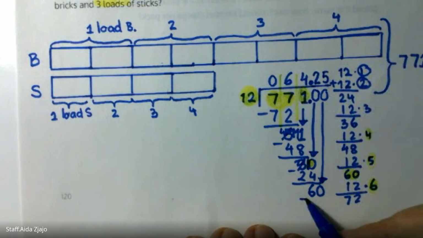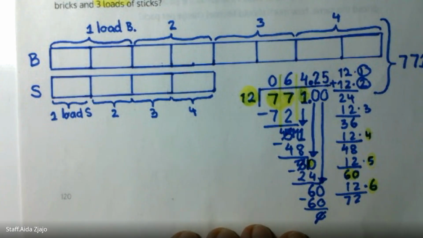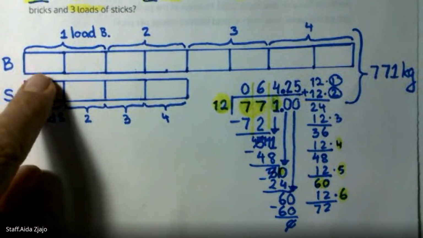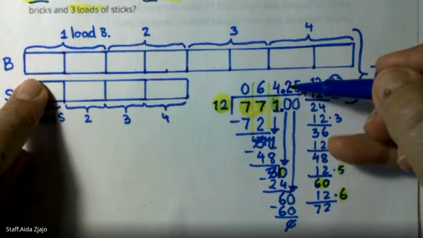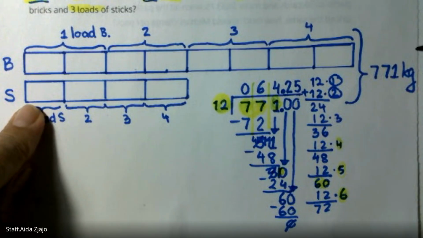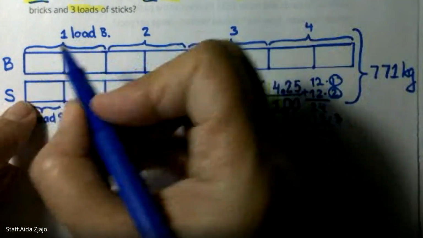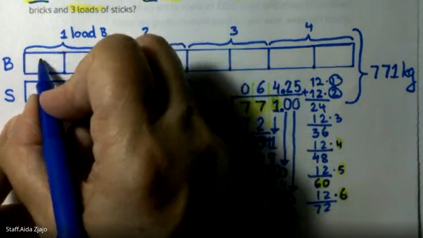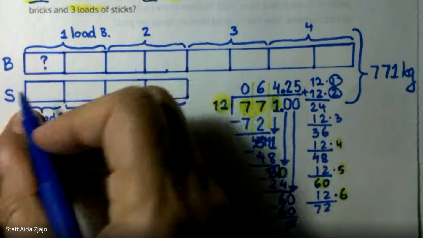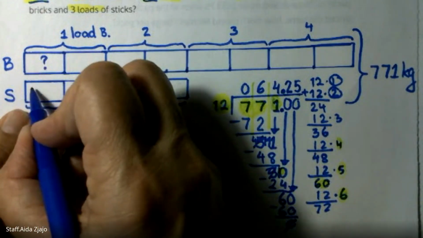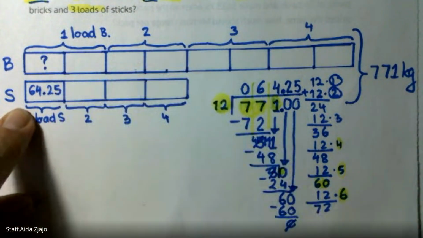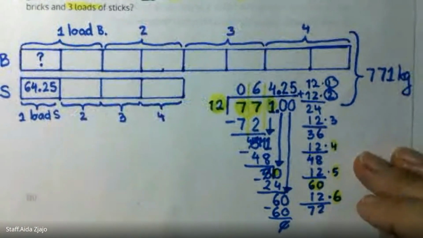5 times 12 is 60, and now I do not have a remainder, so I know how many pieces is each of these 12 units. So 1 unit is 64 and 25 hundredths of a kilogram. So I can write this. It was a question mark how much each is, but now when I know it, I'm just going to write here it's 64 and 25 each of them is that. Okay, now